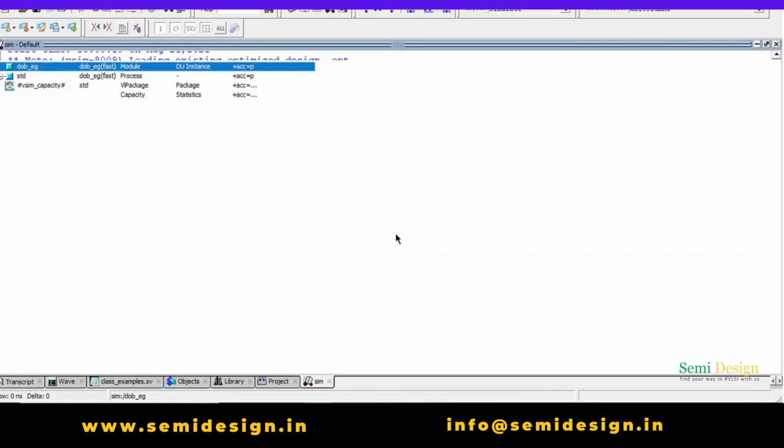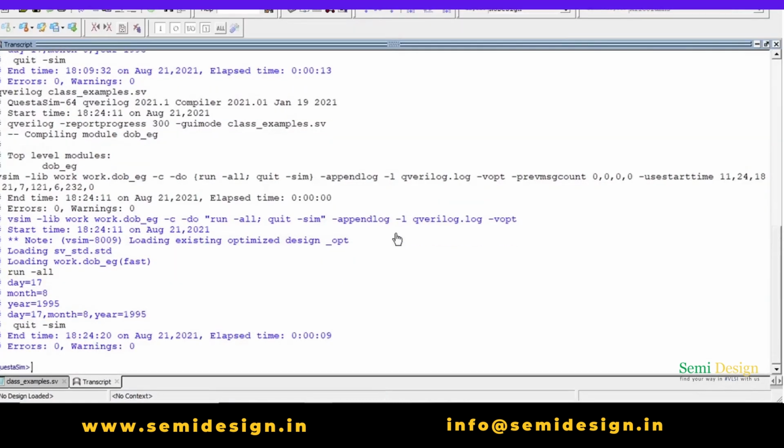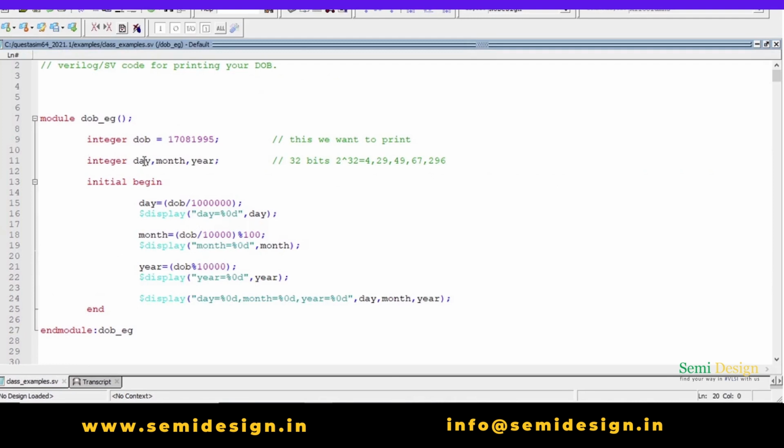Very interesting and logical question. Okay, now see, we are getting the result. Day is 17, month is 8 and year is 1995, and within a single line you can print like this: 17 8 1995. So this is what it is all about.